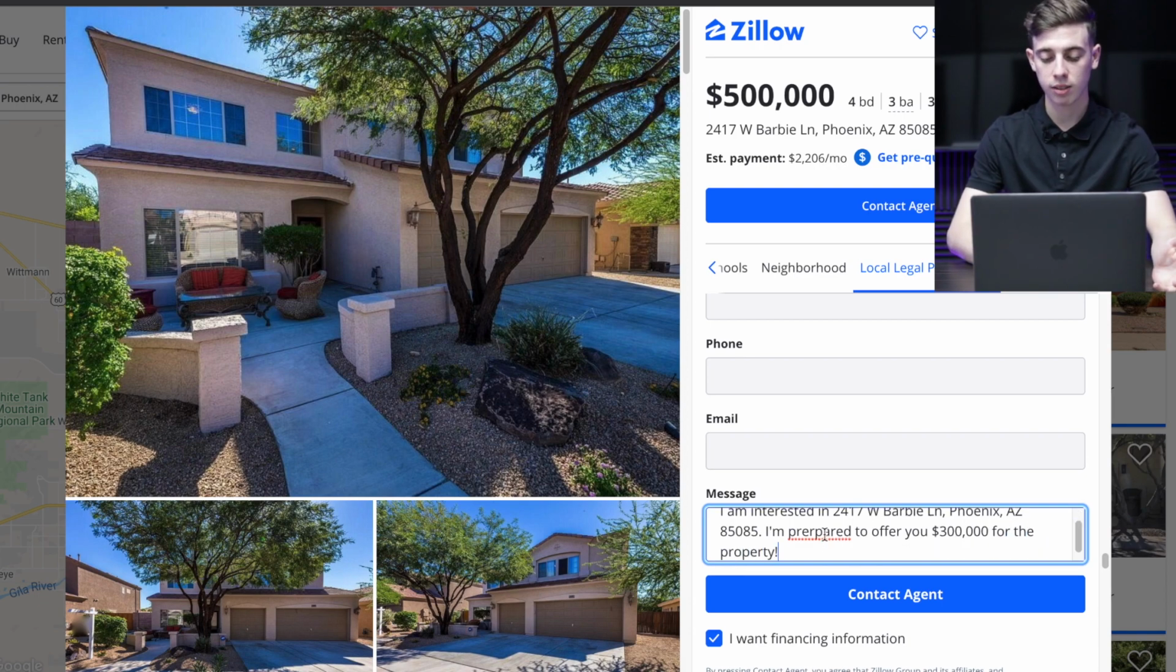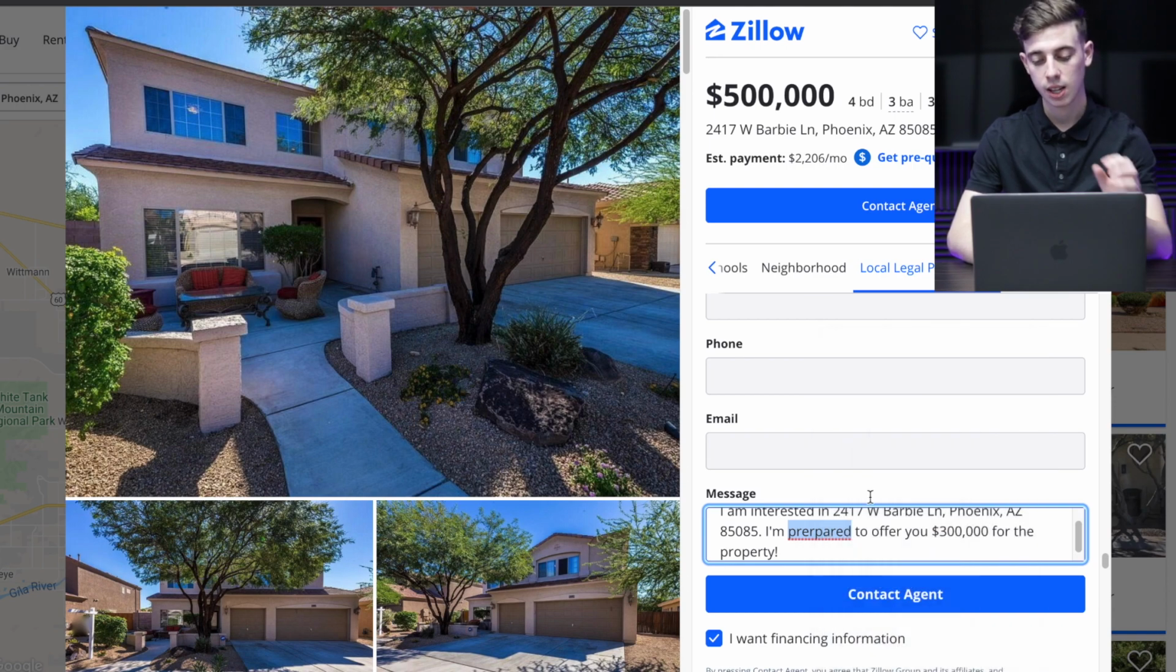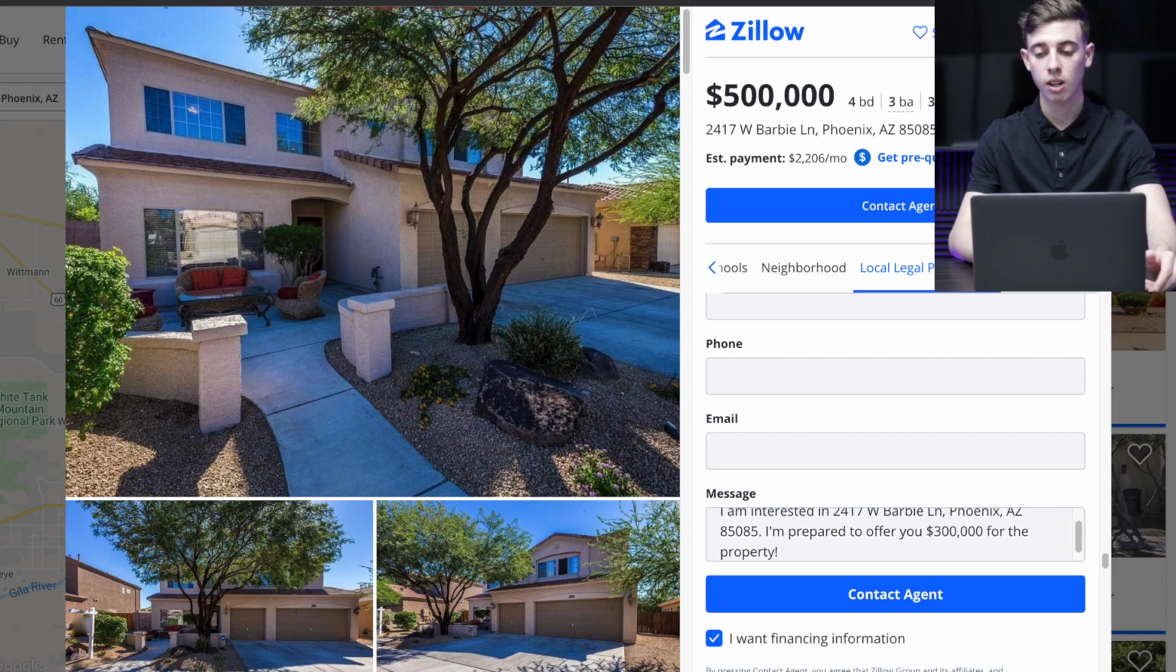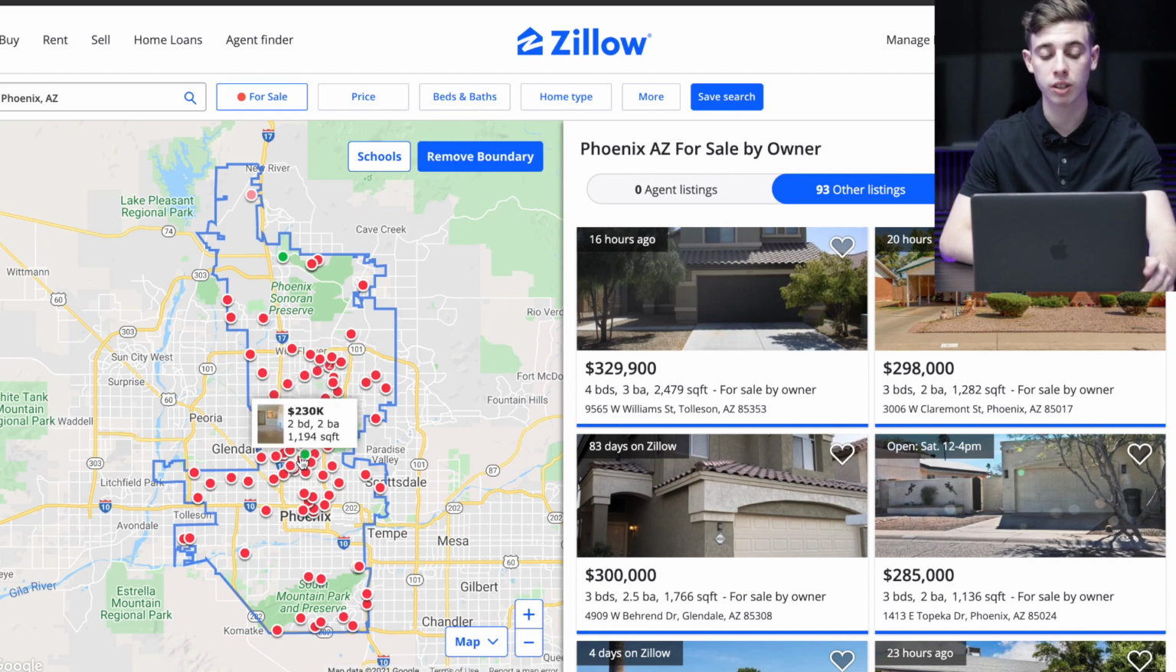I will buy it in as-is condition and pay all closing costs. Easy peasy. That is how you do it. You click contact agent and boom, you just submitted a second offer. So don't you think one out of all these properties could be interested in your 60% of their asking price